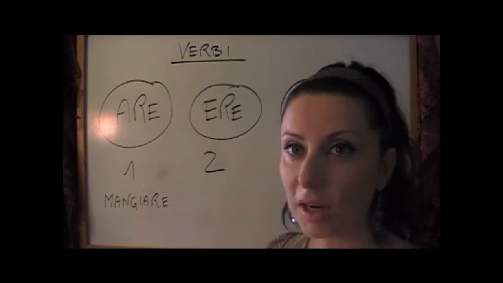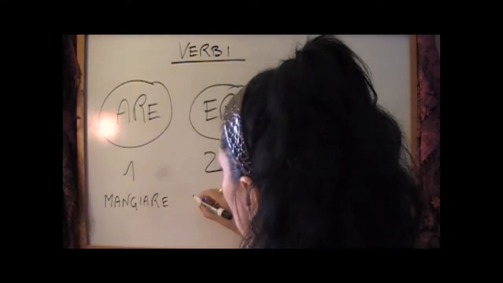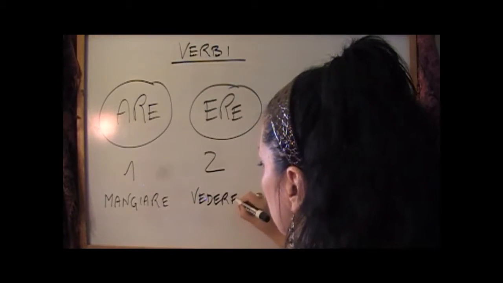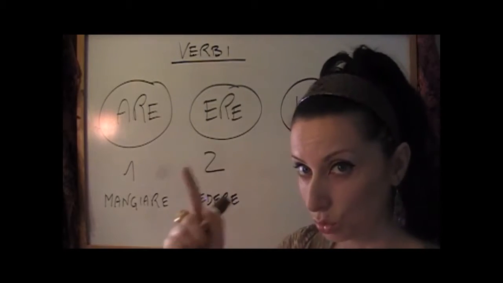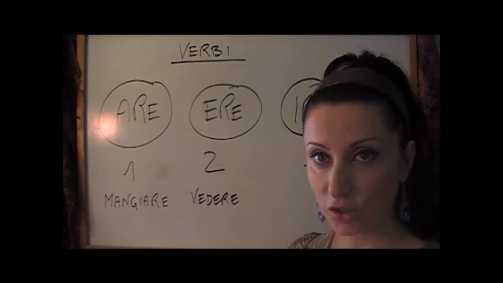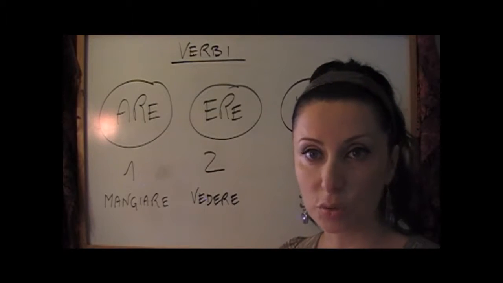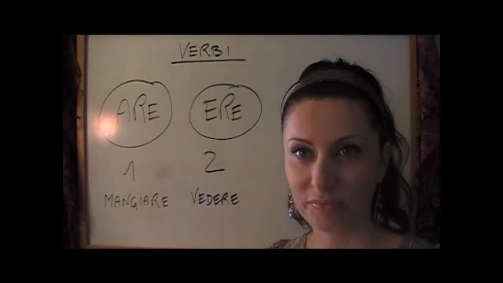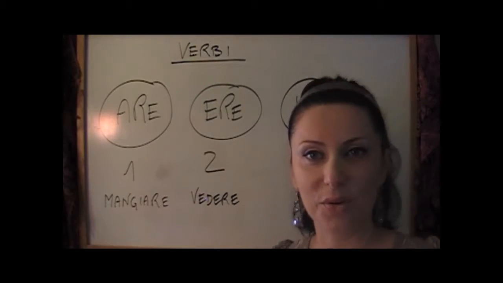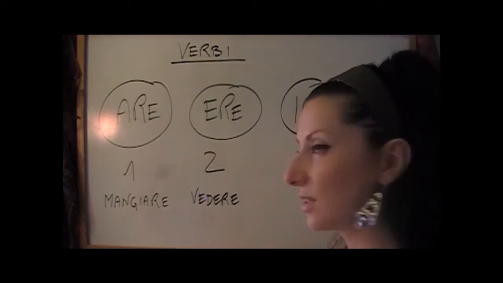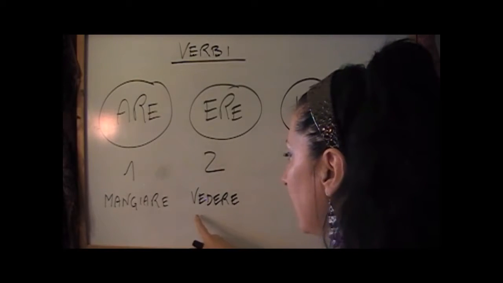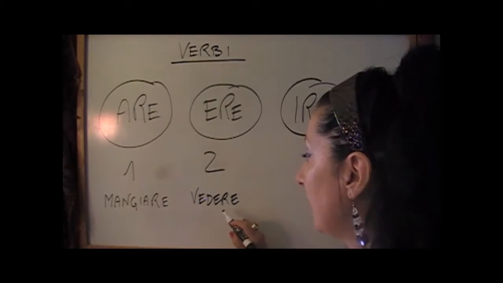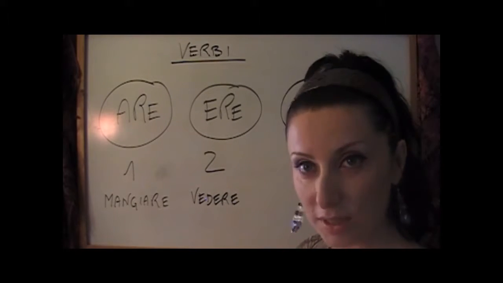Let's find another verb in the infinitive form. For example, vedere. Vedere means to see. Don't worry about the pronunciation, because in the Video Grammar 1 there will be rules of pronunciation and you will learn to pronounce correctly like I do. This is just a demo, I cannot tell you everything. Anyway, let's go back to our lesson. Vedere means to see, okay? So ending in -ere, it belongs to the second group.